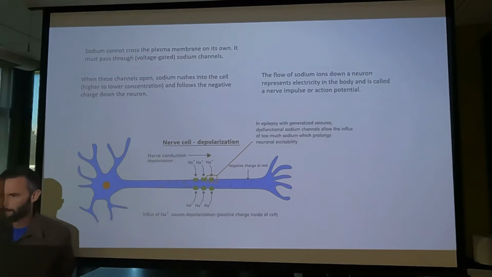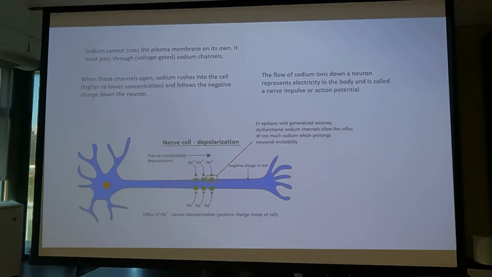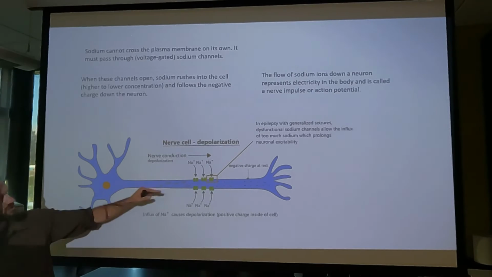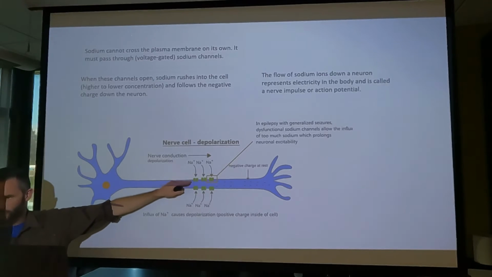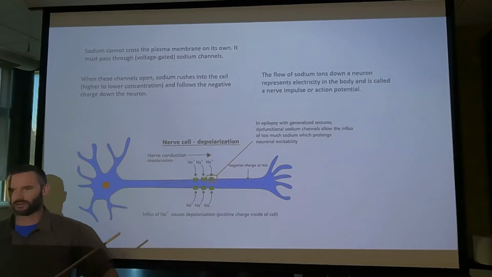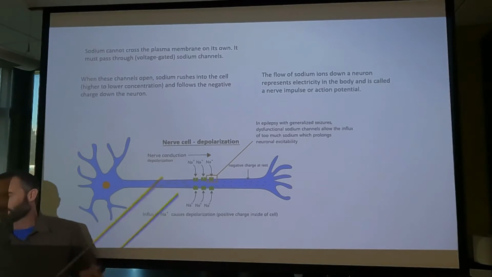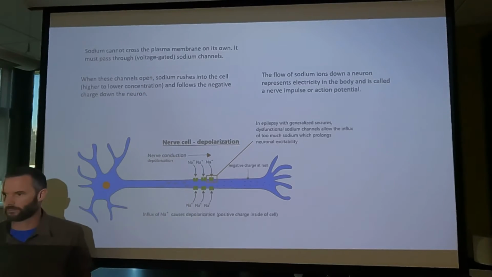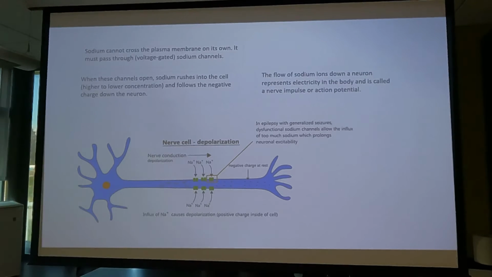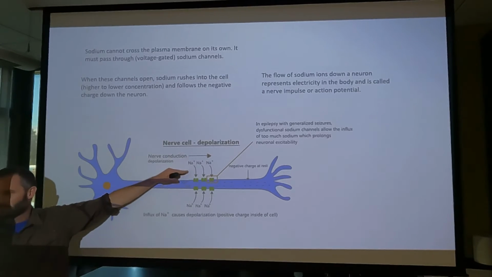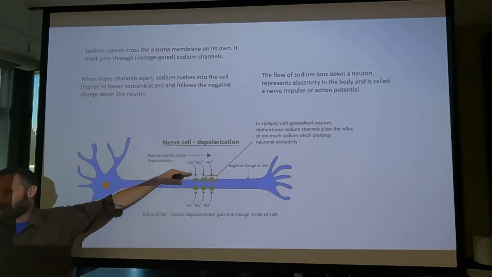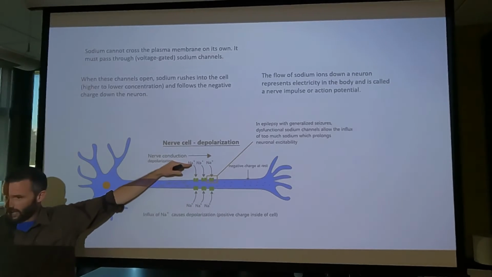Yes? What is the negative charge in the nerve cell? It's about minus 70 millivolts. So why is it there? It's there because there's a lot of positively charged sodium outside the cell. There's also negatively charged particles inside the cell. It's just an overall balance of the ion concentration. There's more positive ions outside than there is inside. So the negative charges, those are just other negative ions? They're negative ions, but it's also relative. If it's more positive outside, another way to look at that is it's negative relative to the outside.